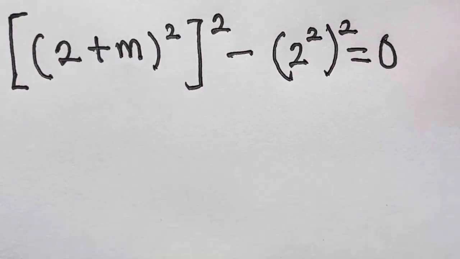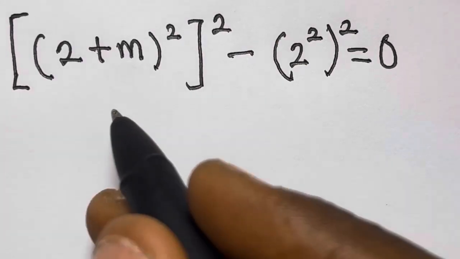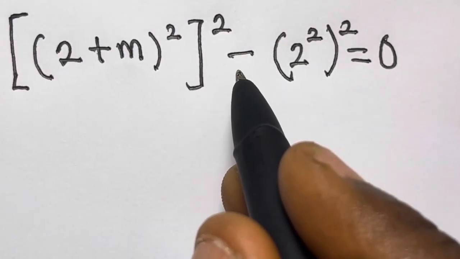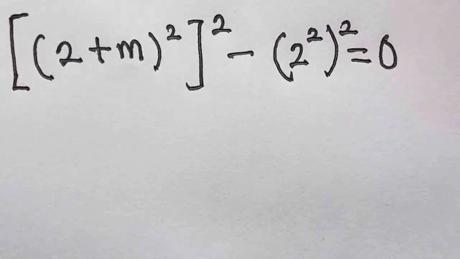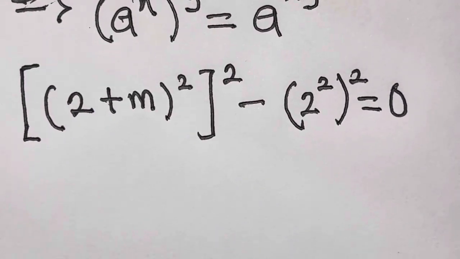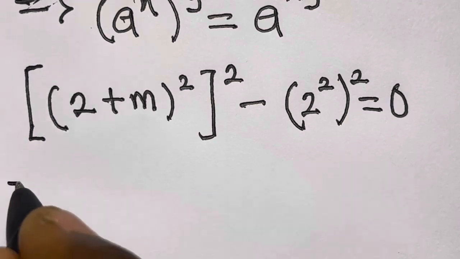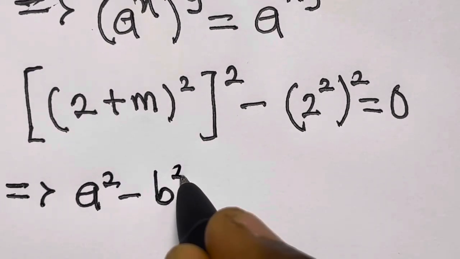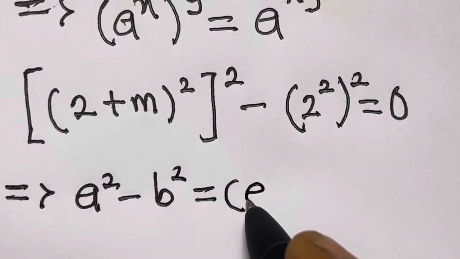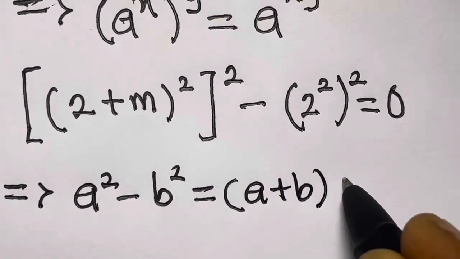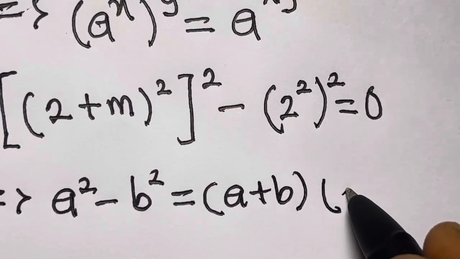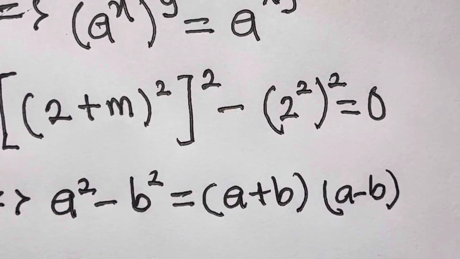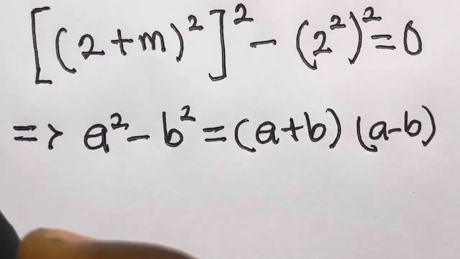From here, if you look at this, you see that we now have a difference of two squares, such that when we have a^2 - b^2, this is equal to (a + b)(a - b), right? So when we apply this, we will have